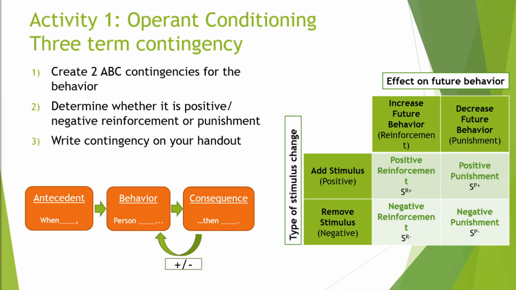So for your first activity, you're going to practice creating 2 3-term contingencies based on the concepts of operant conditioning. So first, you'll create 2 ABC contingencies for the behavior. Next, you'll determine whether it is positive or negative reinforcement or punishment, and you'll write the contingency on your handout. So to provide you an example of how this would look,